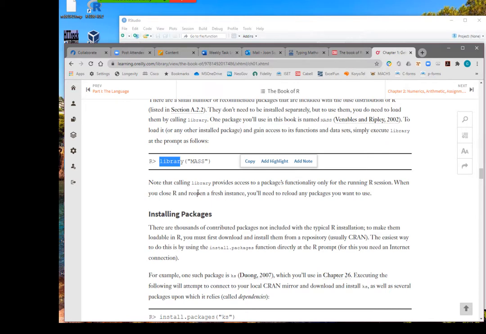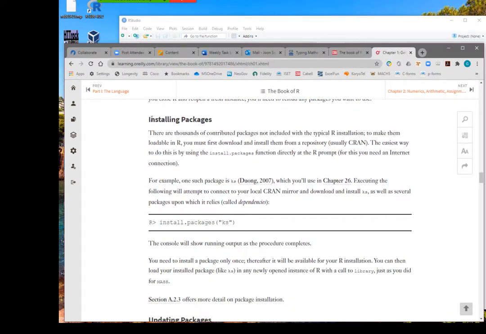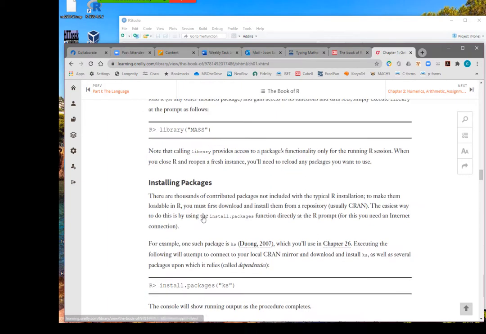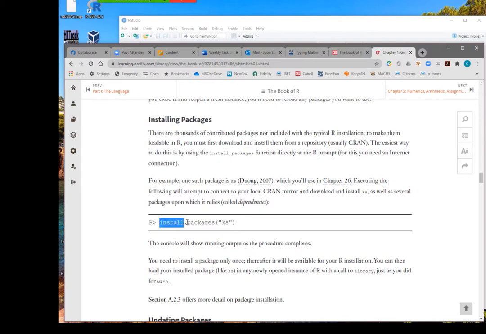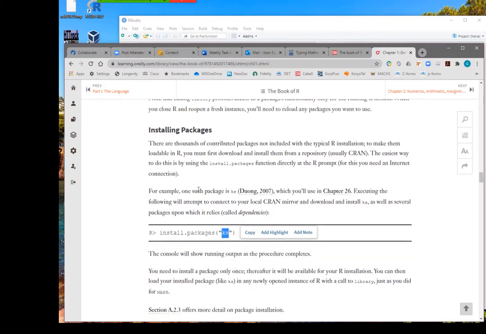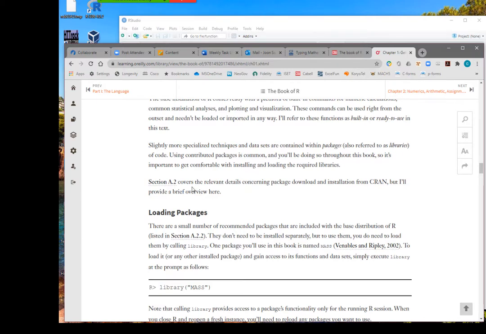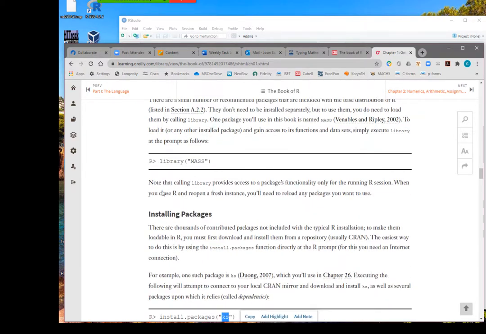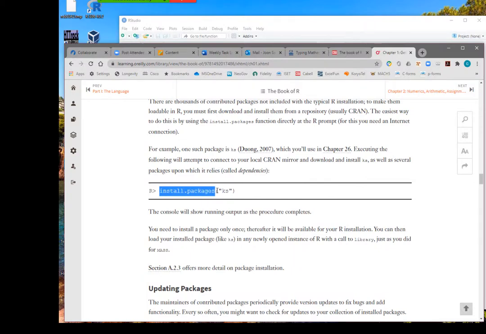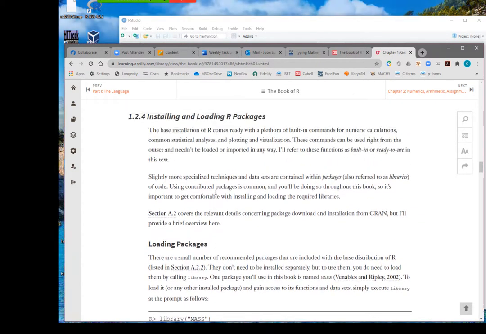At this point, you just need to know there is a command for installing and a command for loading packages. There are many different packages, like math packages, packages for plotting diagrams, and packages for statistics.